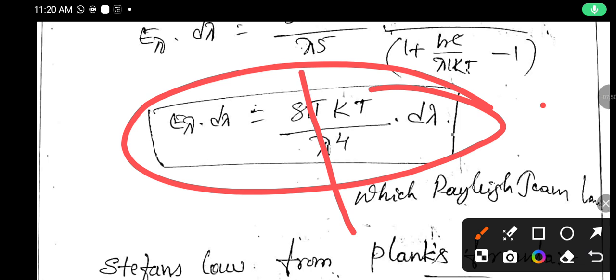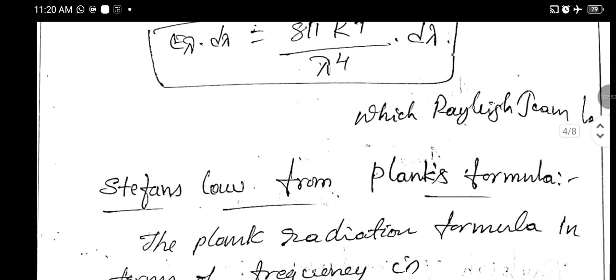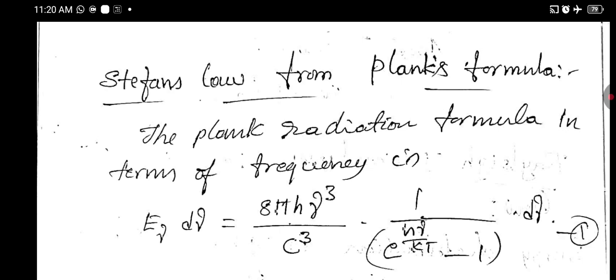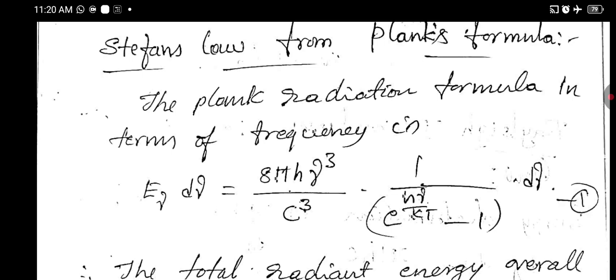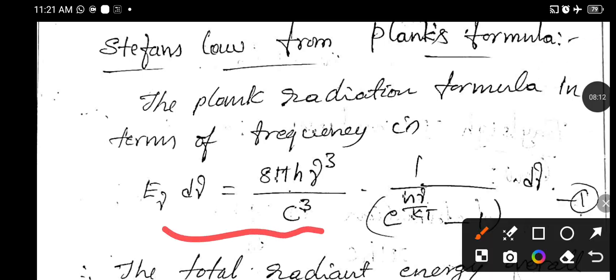Let's see how to derive Stefan's law from Planck's formula. Here, the Planck formula is taken in the form of frequency, that is E_ν dν equal to 8πhν³/c³ times 1 over e to the power of hν/kT minus 1. As we know, this is in terms of the frequency. For the energy, the total radiant energy